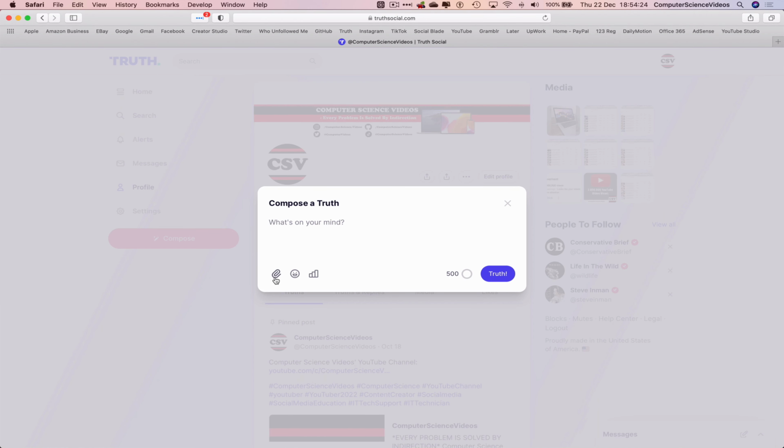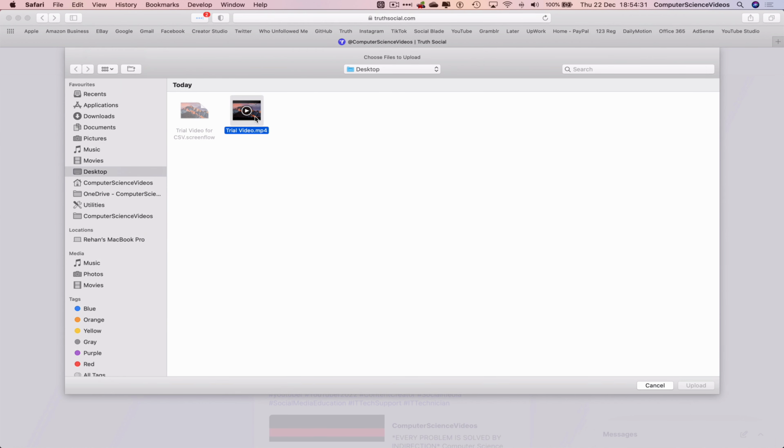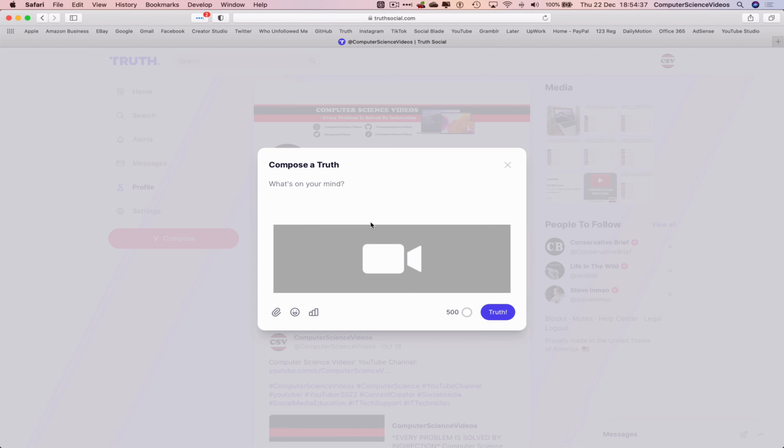If I were to click on the plus sign to add a media attachment, this should take us directly to the desktop. So if I now click on trial video, upload, this should take some time to upload, really depending on the quality of the video. So that itself looks like it has been uploaded. Let's now compose the truth itself. What's really on my mind, I'll just say this is a trial video